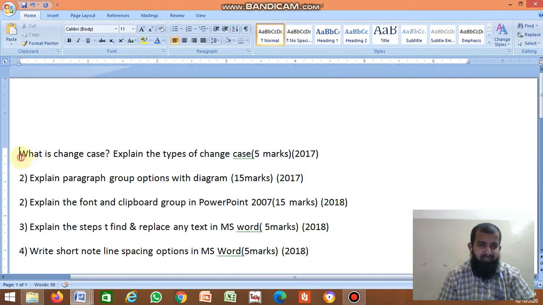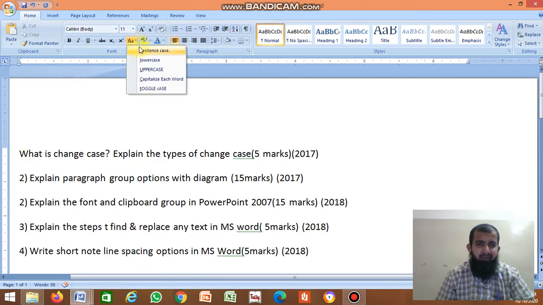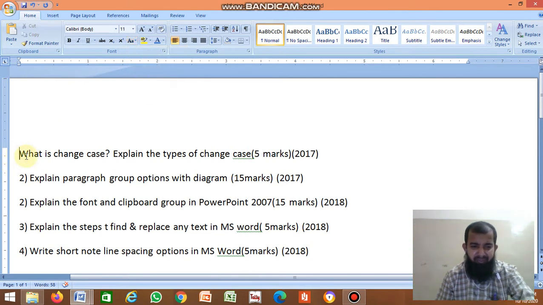That is sentence case. Clear, no? First letter capital; in lower case all are small; in upper case all letters are capital. In capitalize each word, the first letter of each word is capital. Toggle case: upper case becomes lower case, lower case becomes upper case. Clear, no? This is change case. It's very important.